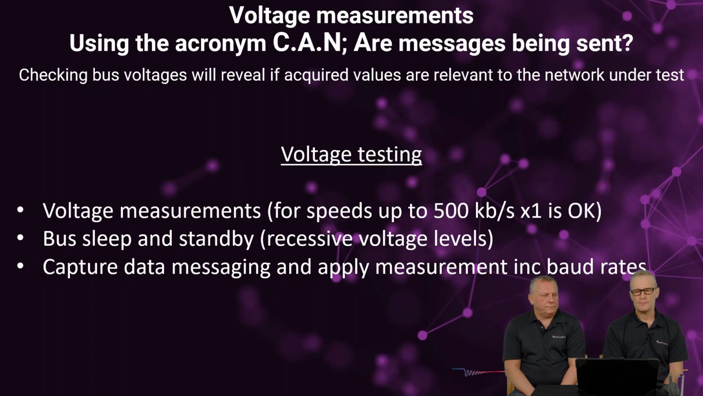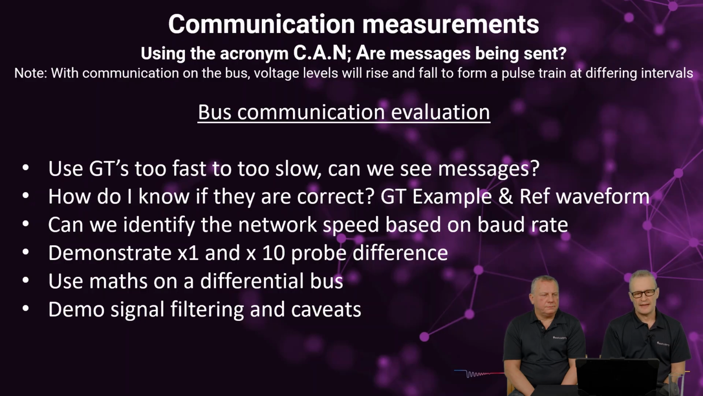So at this point, are messages being sent? It's not a bad idea to maybe apply the decoder. We will come on to that, but here now we have powered up, we've got ignition on. Is there information being exchanged on the bus? Adding on to are messages being sent, with communication on the bus, voltage levels will rise and fall to form a pulse train at differing intervals. Sounds obvious, but